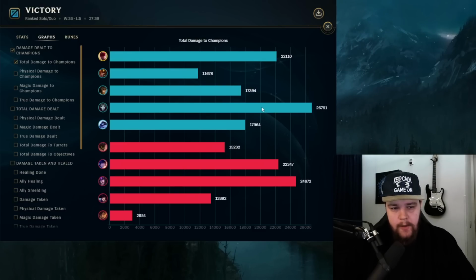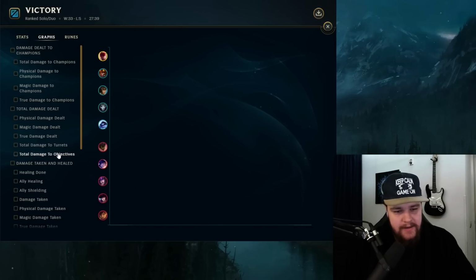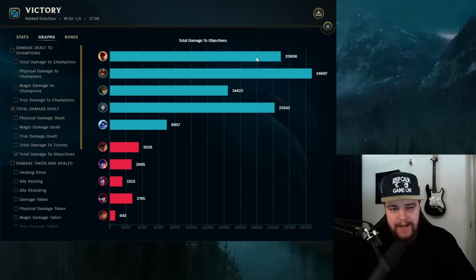Well, from some point forward, I suppose. So, solid play there from him. True damage at 500, which is just a couple of smites. Objective damage at 20.9. This actually isn't the most, because a lot of the objective damage that I did have